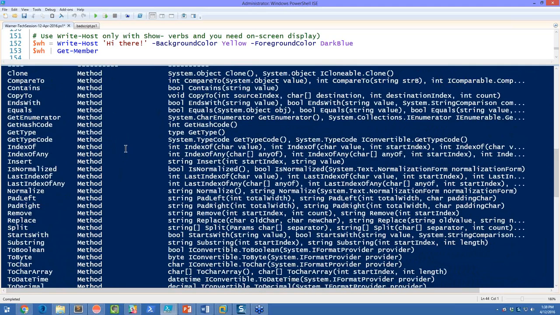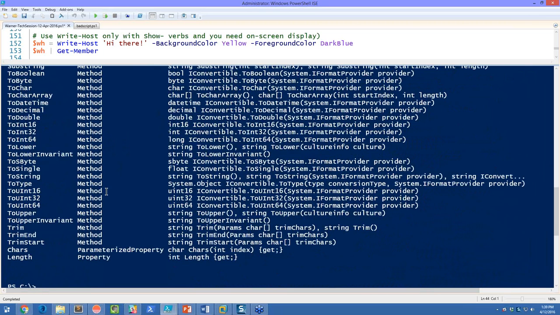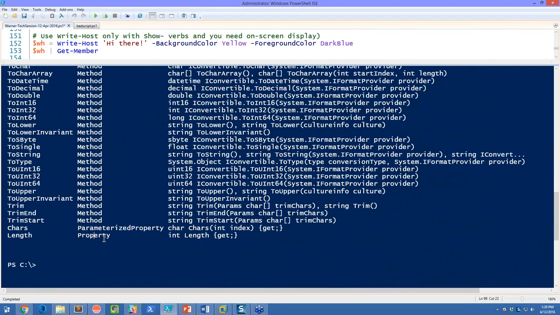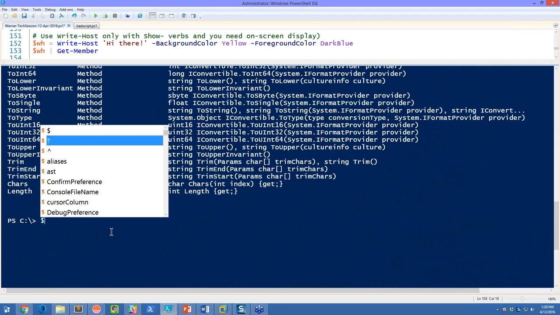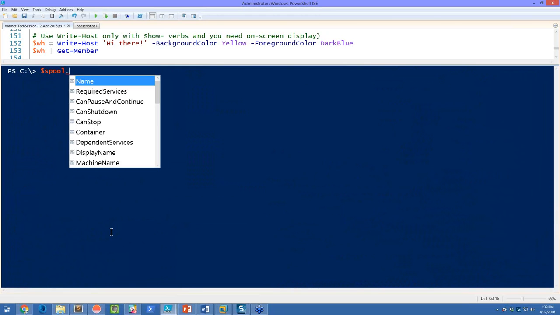So for text, you would imagine you could convert it to uppercase or lowercase. You can do all those things right here. That's one of the useful ideas behind Get-Member. You can see what is available. Properties represent either read-only or read-write attributes of the object. That can be great for getting status. So for instance, we could do something like this. We can create a variable called spool that does a Get-Service for our spooler service. And then using dot notation, we can just say